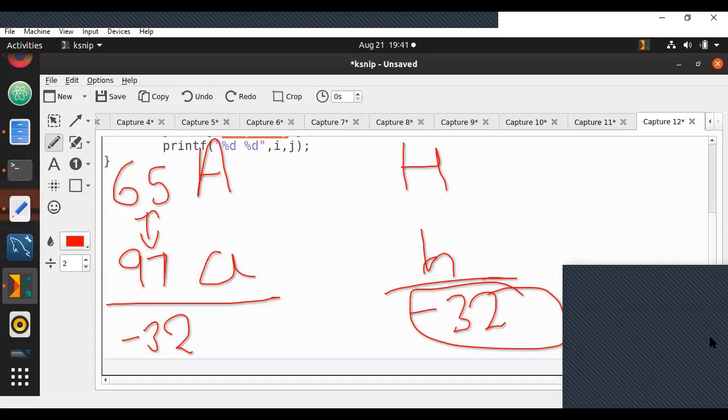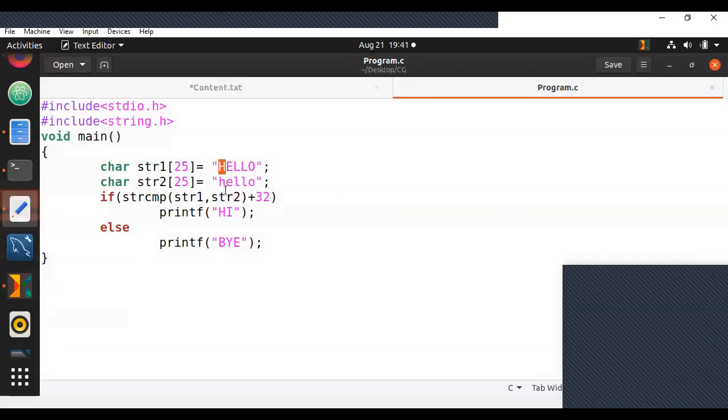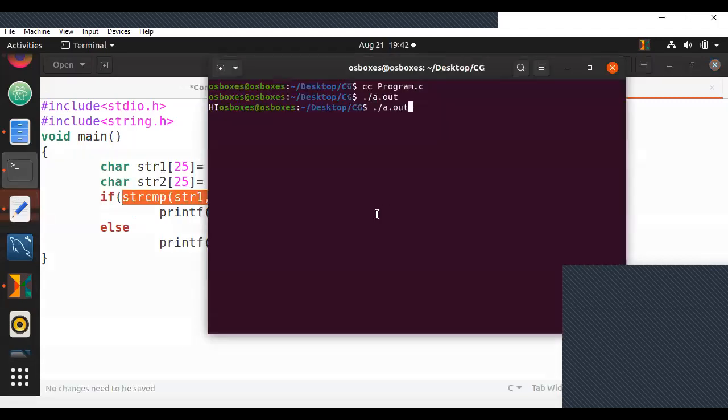Yes. So this is how, when you try this and it compares uppercase and lowercase h, the difference is 32. Since it is non-zero, it stops right there and gives you the value minus 32. But to that, we are immediately adding plus 32. So minus 32 plus 32 is going to become 0. It's going to go to by. So if you compile this and execute this, it will print by.